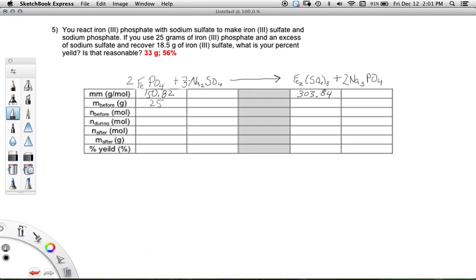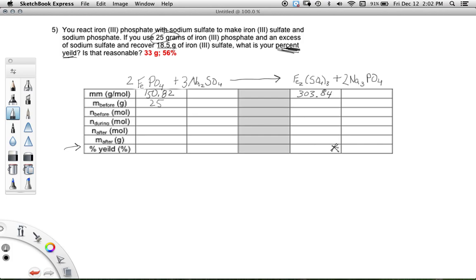Question 5 is the first one that you've seen where you have to come up with the percent yield. Percent yield is obviously in this category, and so I've started this equation assuming you could get the balanced chemical equation, and I filled in a couple molar masses. There's 25 grams of iron 3-phosphate, and I'm at the step now where I have to identify what I am looking for. So what's required is the percent yield of